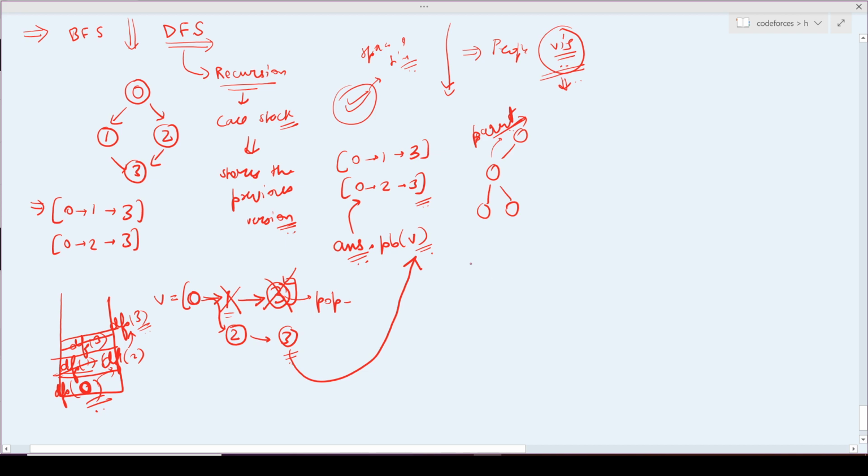But if you run a loop for auto i in, let's say, the graph of node, and if my auto i has been iterated, it will not reverse back.